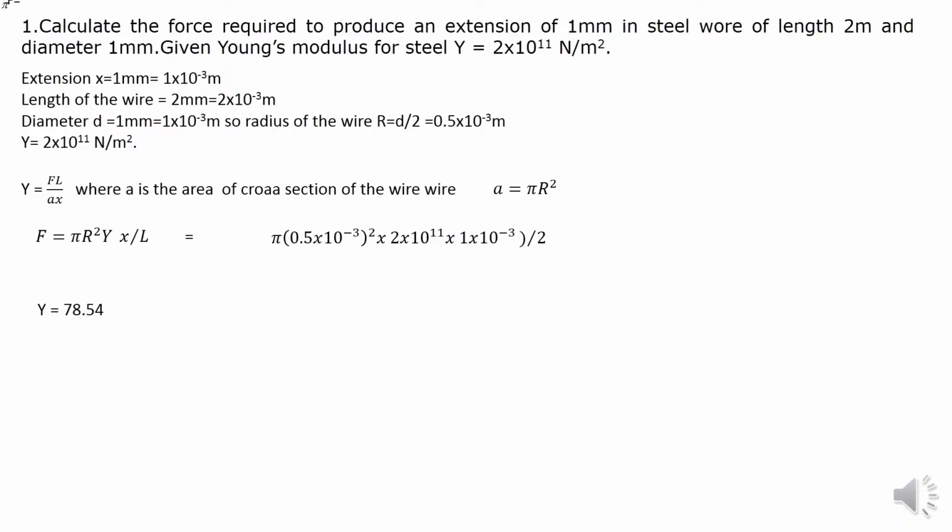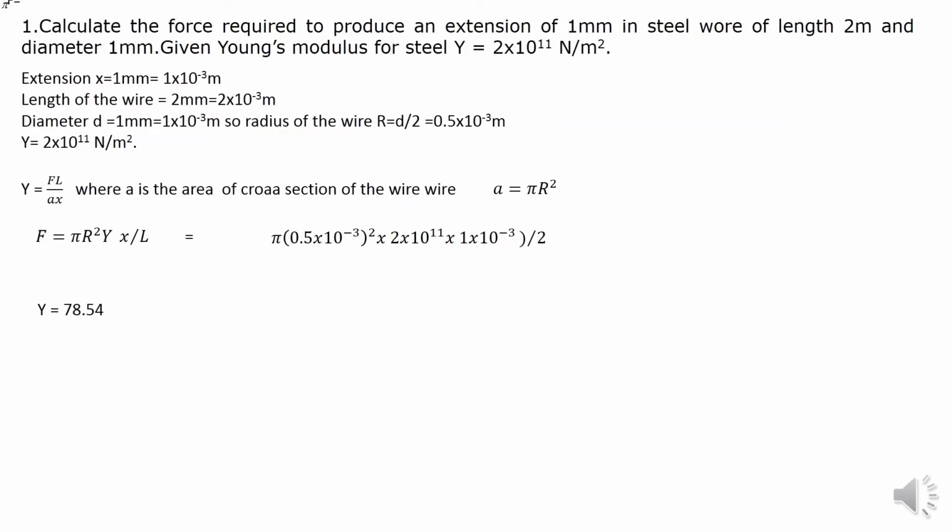Determine the force required to produce an extension of 1 mm in steel wire of length 2 meter and diameter 1 millimeter. Given Young's modulus for steel, Y is equal to 2 into 10 to the power 11 Newton per meter square. In the problem, extension X is given, length of the wire capital L is given, diameter of the wire small d is given, and from the diameter we can calculate radius using the formula R is equal to